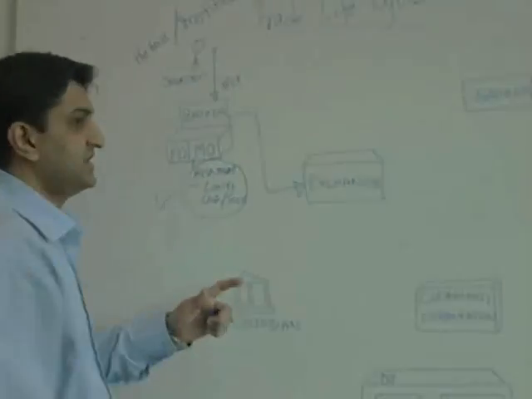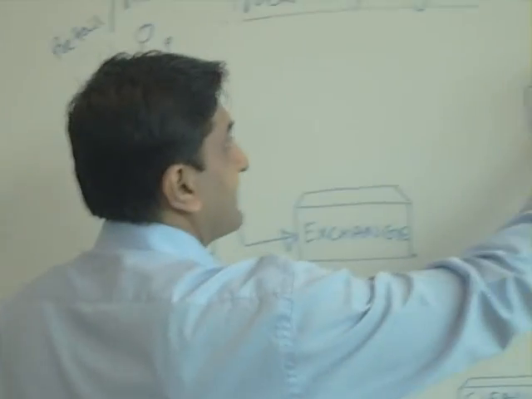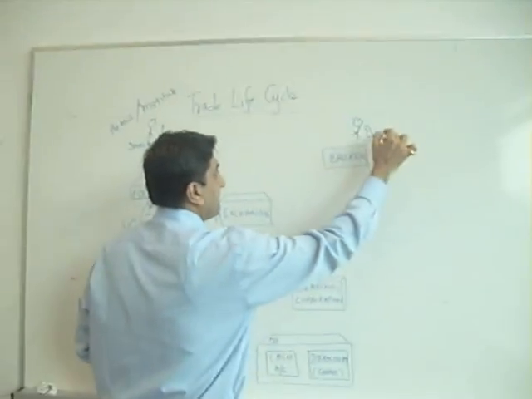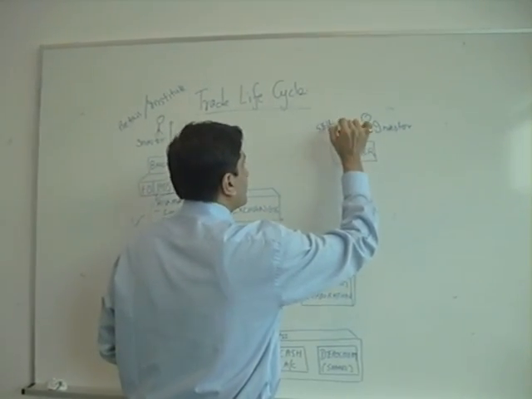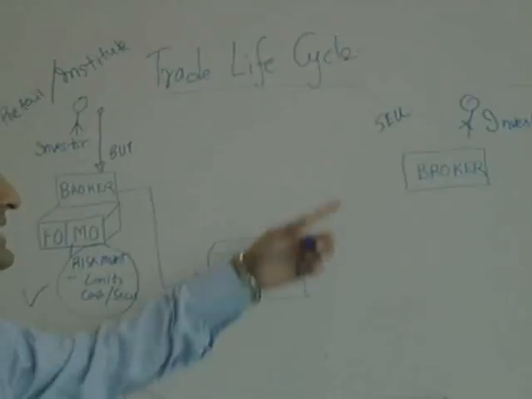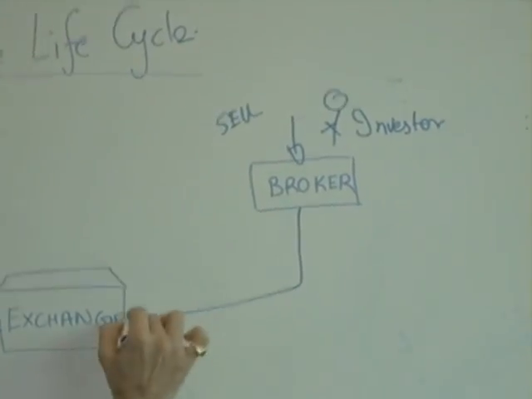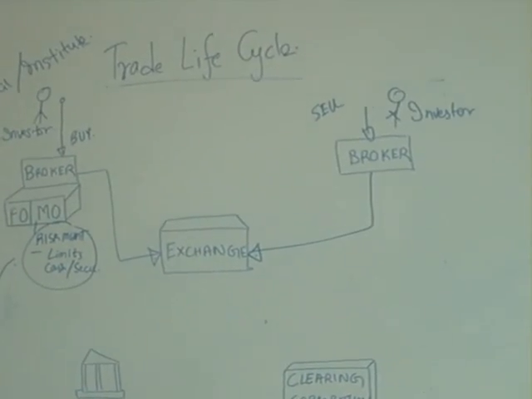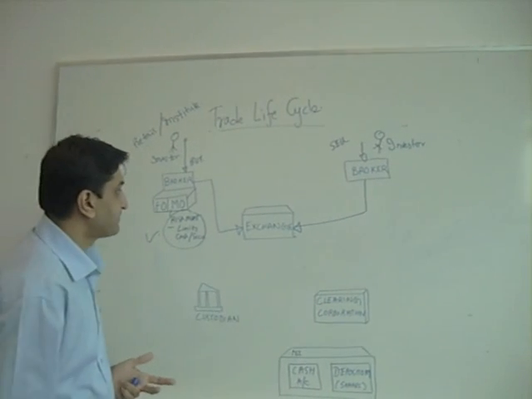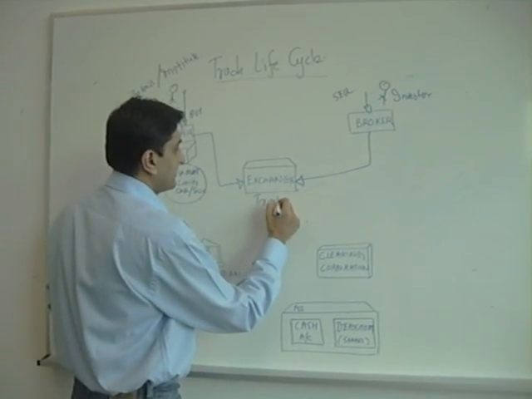So once the broker forwards the order to the exchange, the exchange does the matching of similar orders. So let's say another investor who has put up the same set of securities goes through his risk management and is given to the matching of the price. Once the order is matched, it becomes a trade,